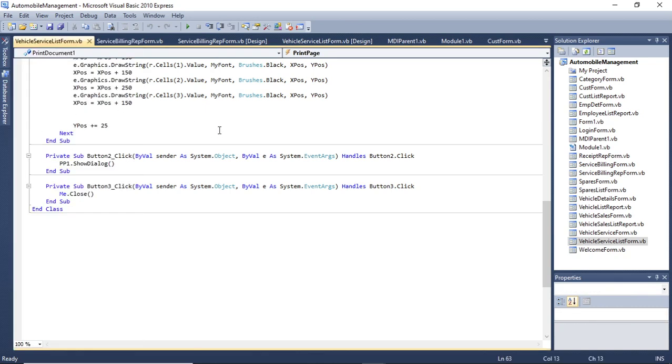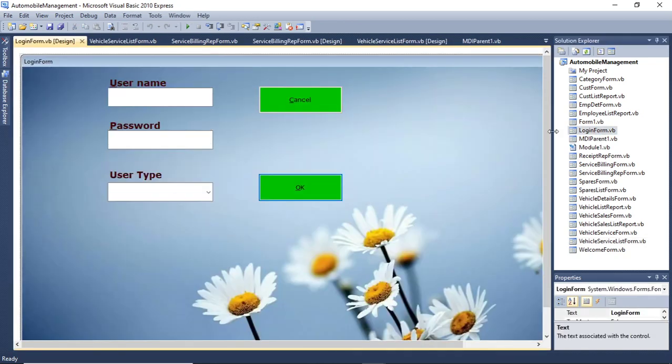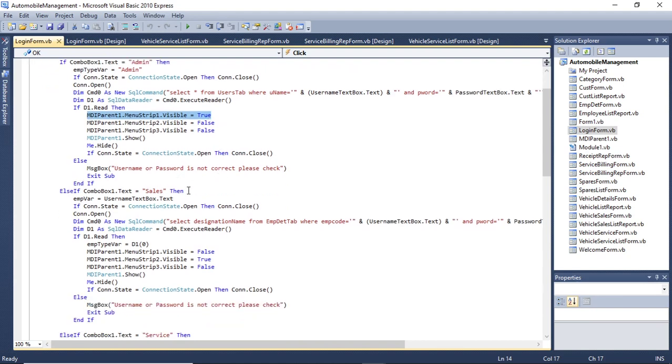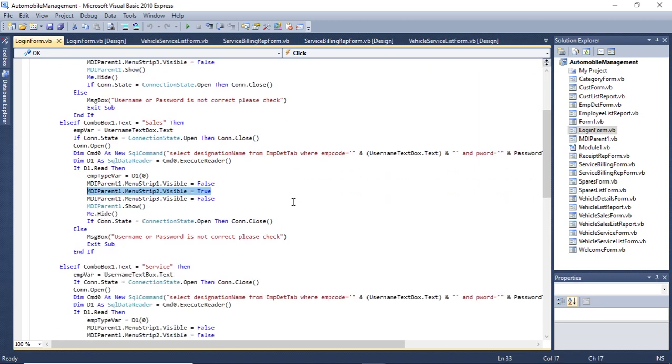Right. Now how this works: if I go to the login form, here you have username and password, and here are the user types. So we have different user types. Based on the type, if the user type is admin, then it will take to this particular menu, that is MDI parent, menu strip 1. If it's sales, menu strip 2, so the second strip will be visible.